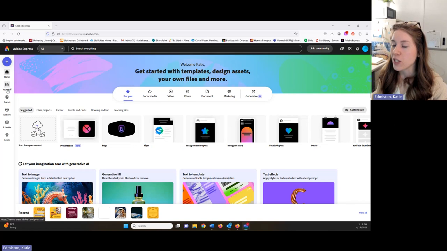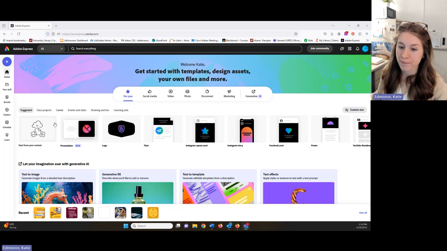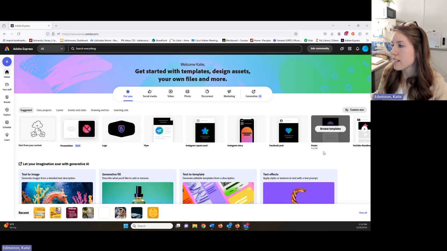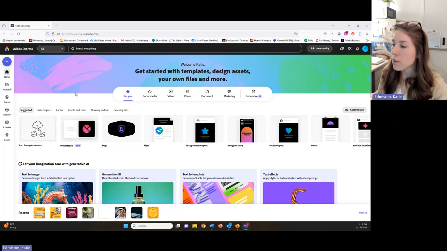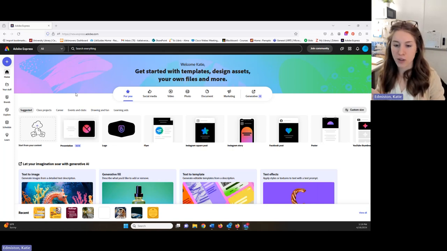Okay, we talked about the Your Stuff folder. There are a few more windows in here. I'm not going to cover those all right now. We might have time later. So let's talk about starting a project. Now, of course, you could select any of the items you see here on the home screen in order to get started. But you can also see a full long list of everything Express has to offer by clicking on the